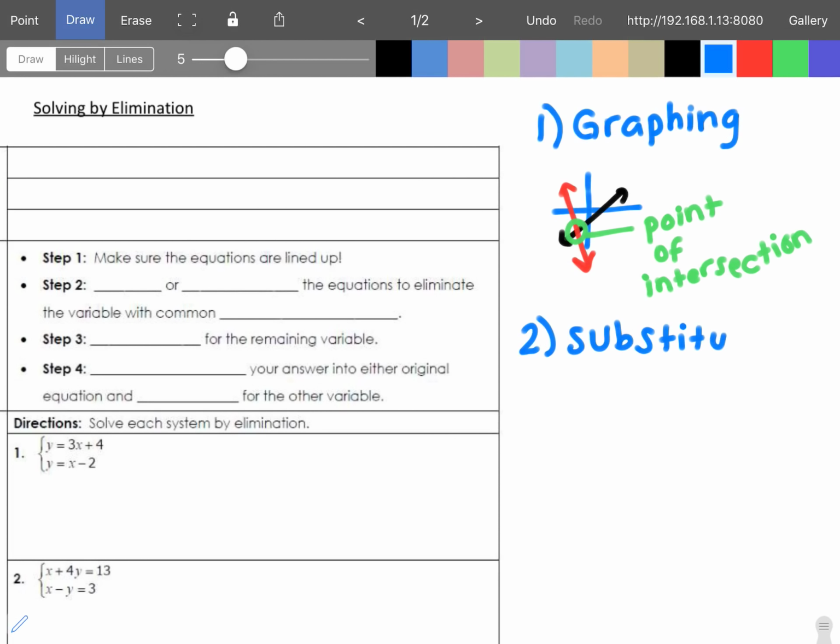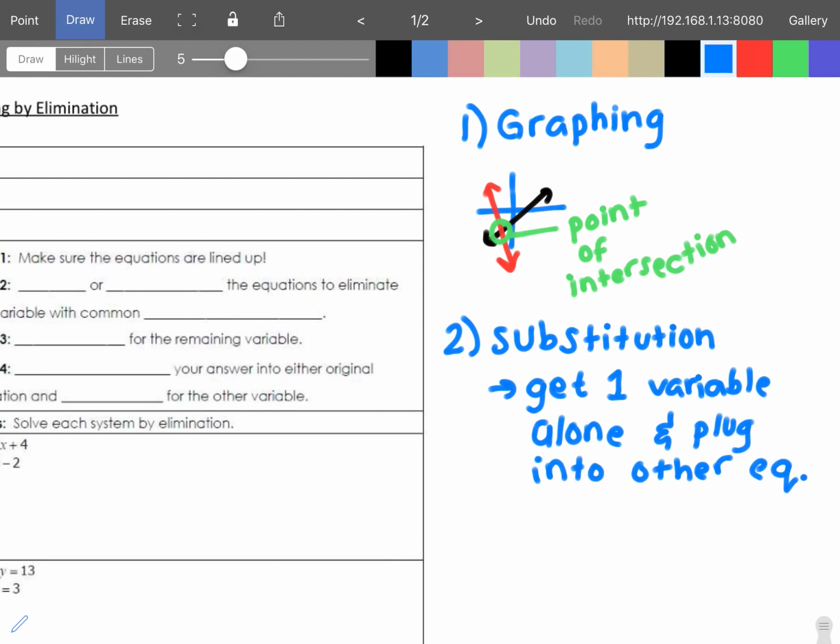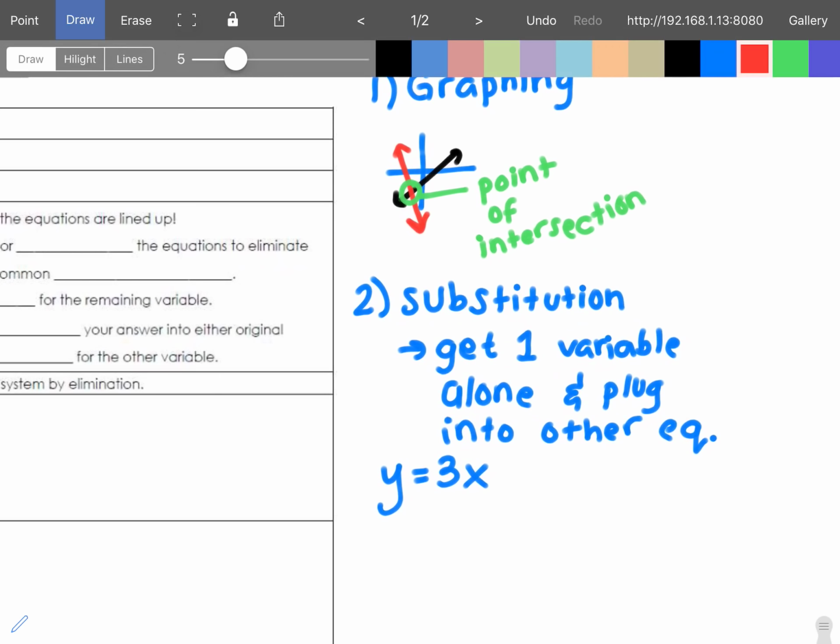That's where you get one variable alone and plug it into the other equation. I'm going to put EQ for short, okay? So like y equals 3x and, I don't know, 4x